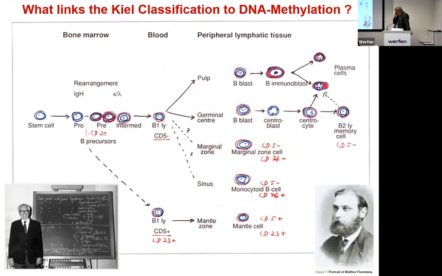So what is this telling us about Karl Lennert? You have thought about this? Okay, it's pretty easy. You have here a differentiation step, which we can now really demonstrate in demethylation. And also Karl Lennert differentiated between genes which are off, like CD5, and on. And this is also imprinted in the DNA. We can look into the DNA.